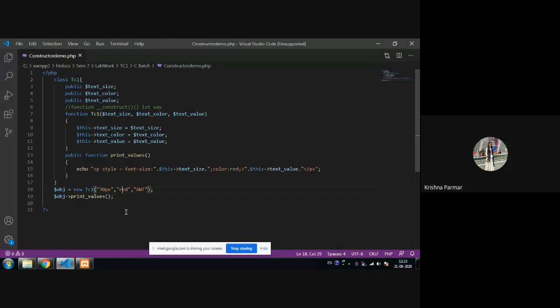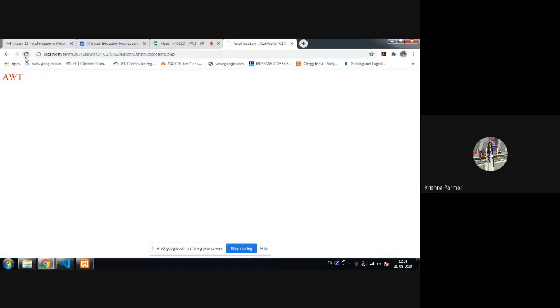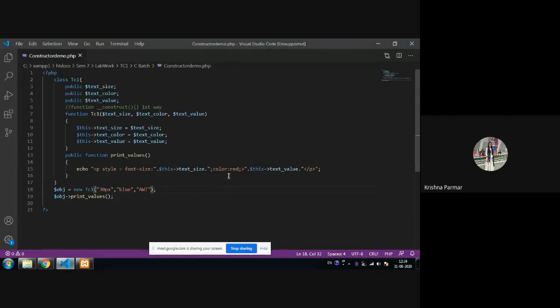But what happened? I just want these things. I just omit these things. Here I'm writing the blue. So which color is there? Okay, so they are taking this color. So it means in the text color, there is some assignment related problem.